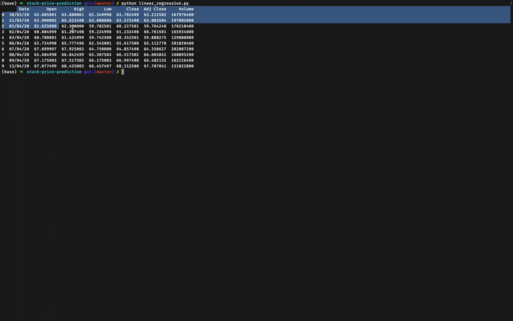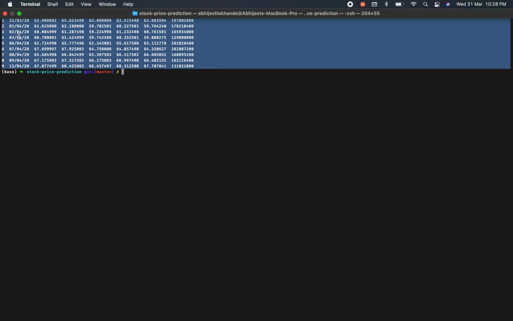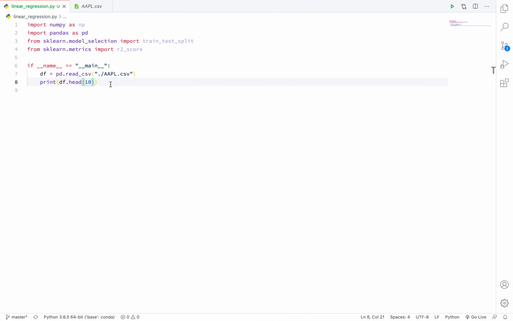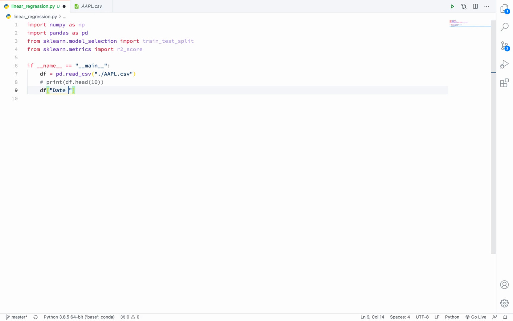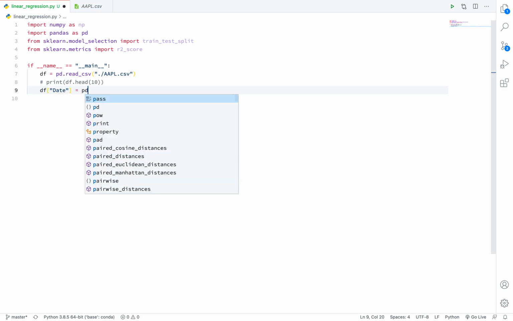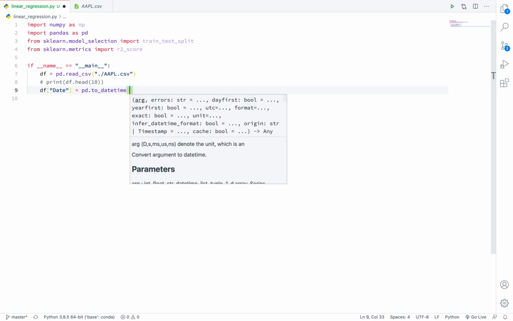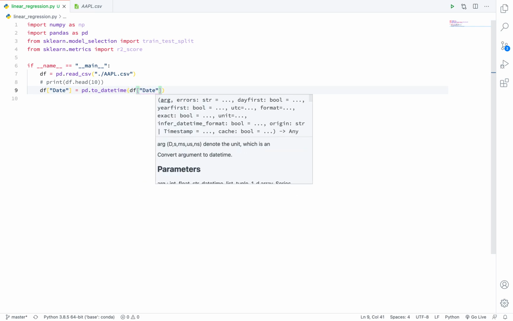Here we will use the date column as the index of our dataset. Before using the date column as an index, let's convert it to a pandas datetime index. There is a function called pd.to_datetime to convert the date to pandas datetime.